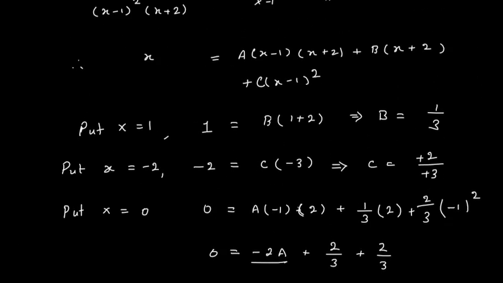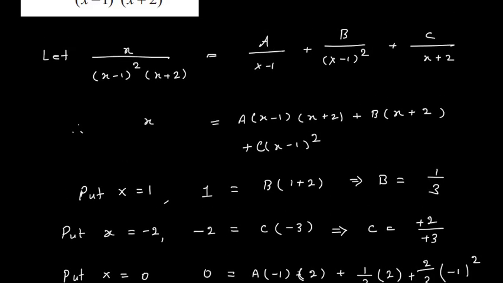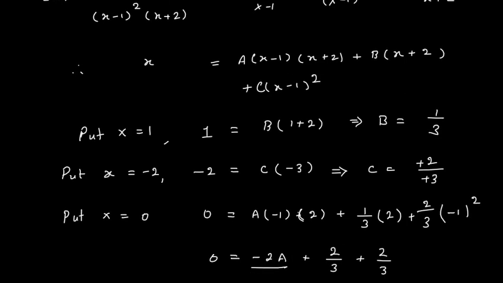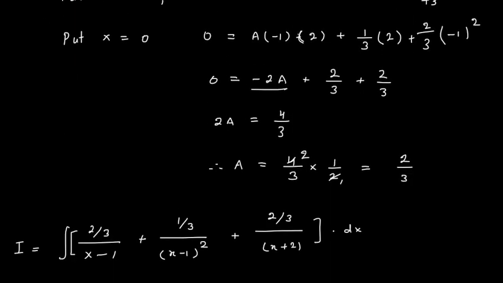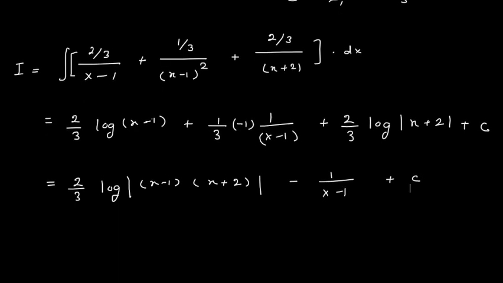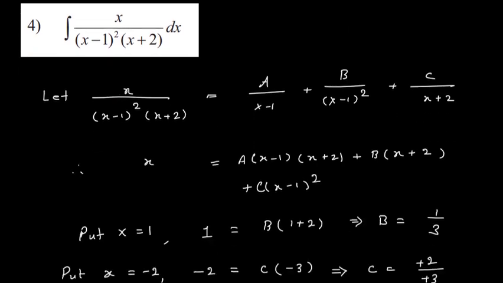Simple. Got it? This is how you can find the values of a, b, c here, and why we have three terms a, b and c. Everything is clear. You can find two variables simply by putting in values of x, and for the third variable you have to use the values of the variables which you have already found. So the values of b and c I have used along with the value of a, and this is how I get the result. First class? Yes. Okay, this is your question number 4.